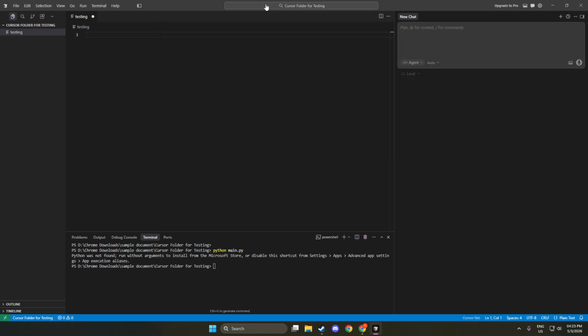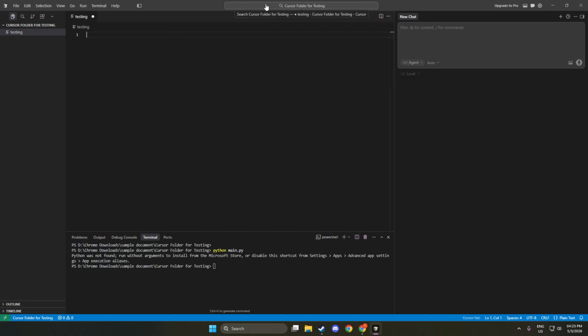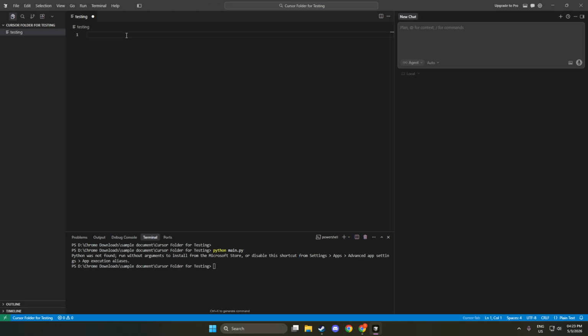That's it. Quick, clean, and reversible whenever you need. By using the command palette and the Disable Cursor tab command, you can instantly turn off AI autocomplete in Cursor AI and get back to a minimal,